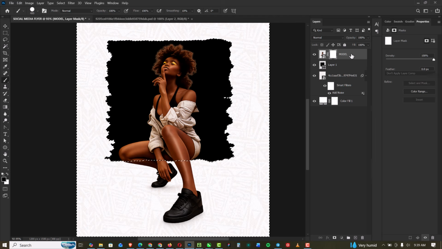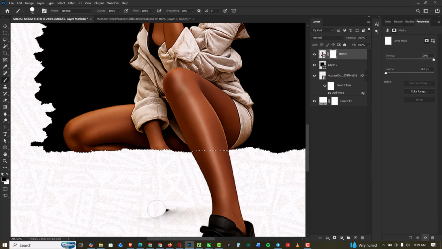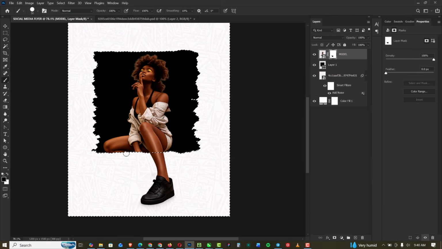Okay, so selecting the hard brush, I'm going to click on the mask. Make sure you're clicking on the mask, make it smaller and zoom close so that you can see things in real time. So I'm just going to remove all of this like this,